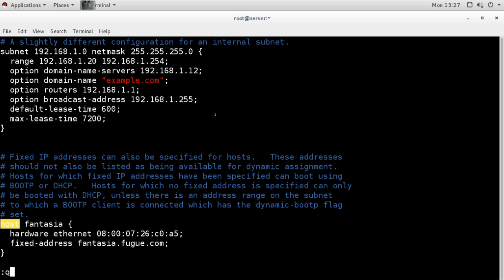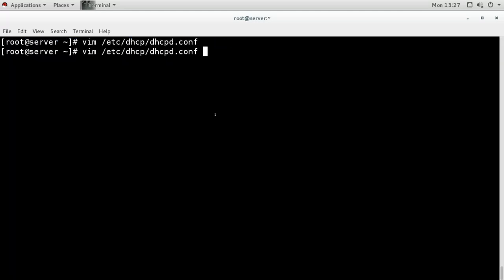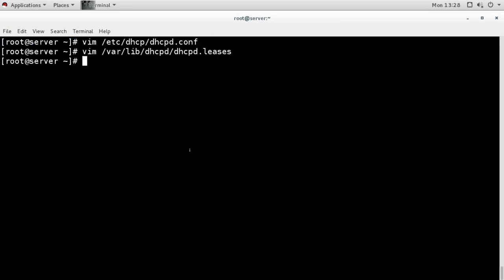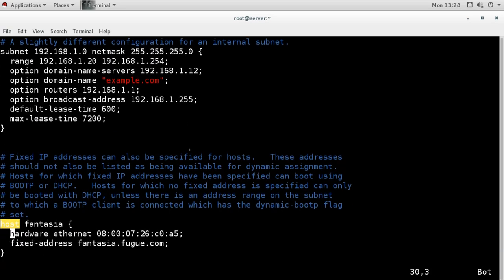I can get the MAC address of that client from the lease file. So I can go to the lease file and see this is the MAC address of that client. I will copy this MAC address, and then in the configuration file, for the hardware address, I am removing this sample MAC address and adding the MAC address of the client.